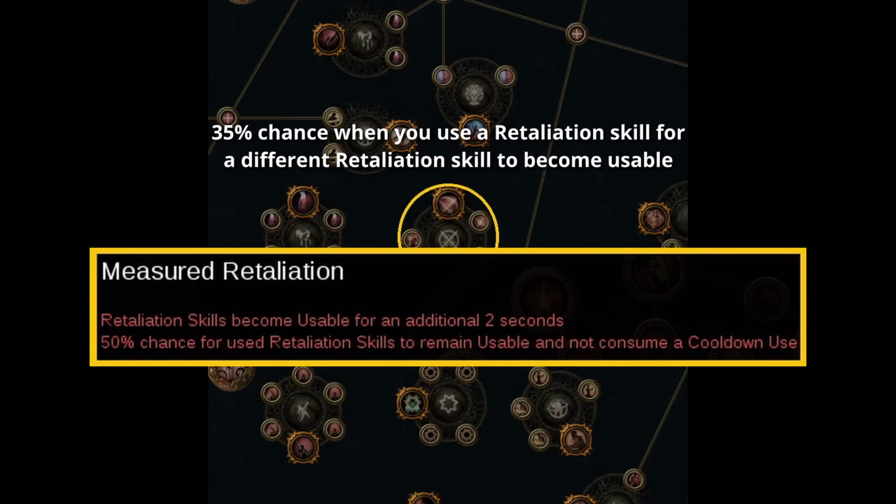This notable adds an additional 2 seconds usable duration, doubling the base usable duration up to 4 seconds. It also provides 50% chance for used Retaliation skills to remain usable and not consume a cooldown use. So 50% of the time when you use a Retaliation skill, it will immediately be usable again, it won't go